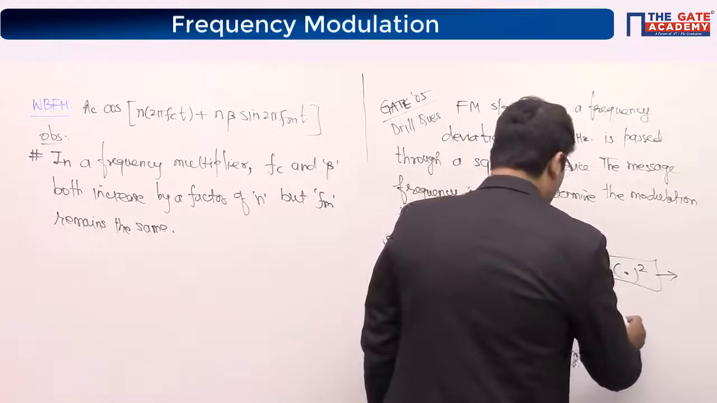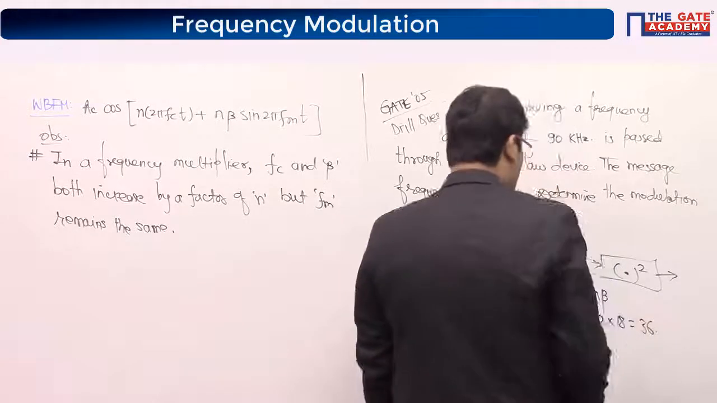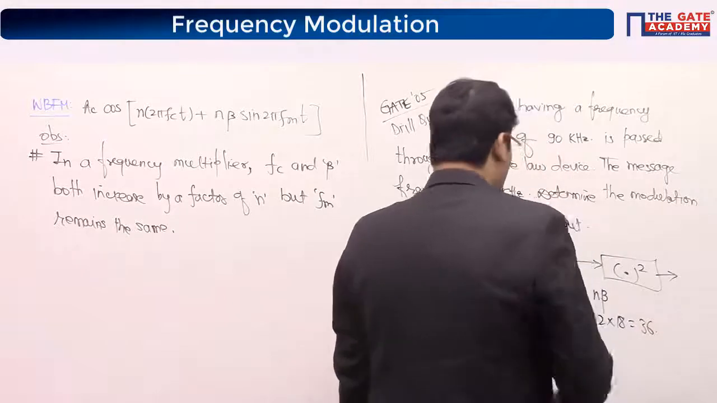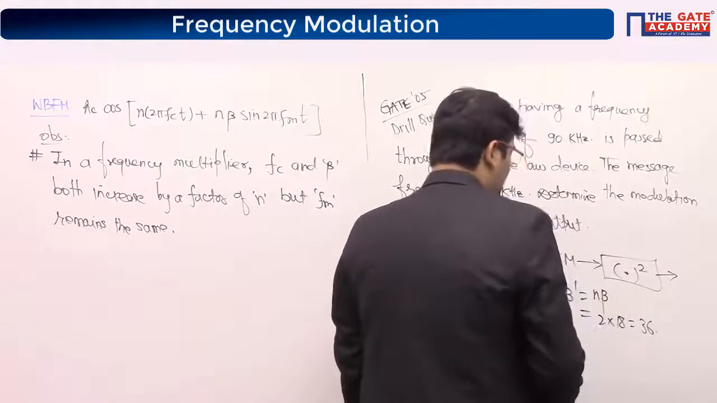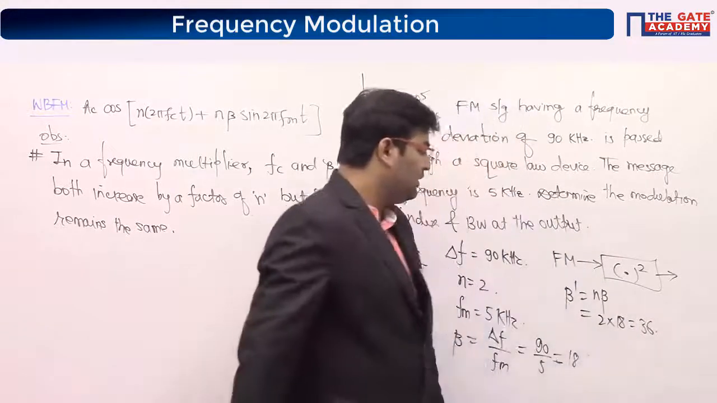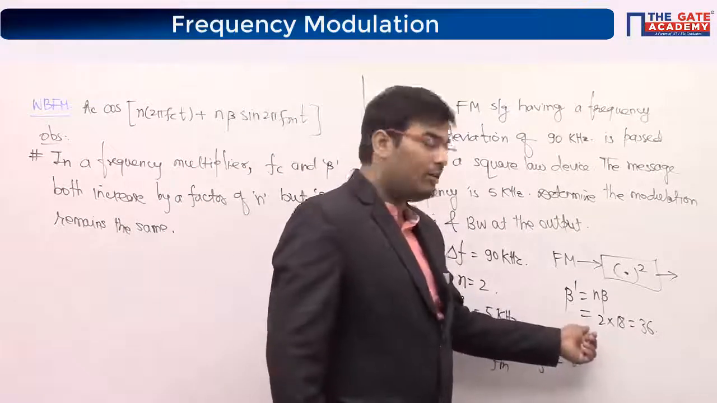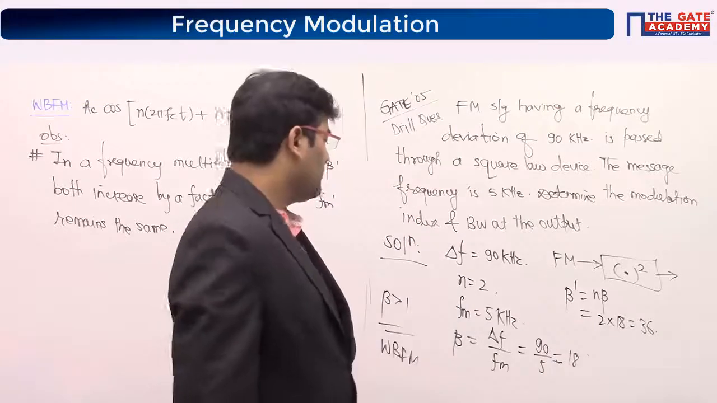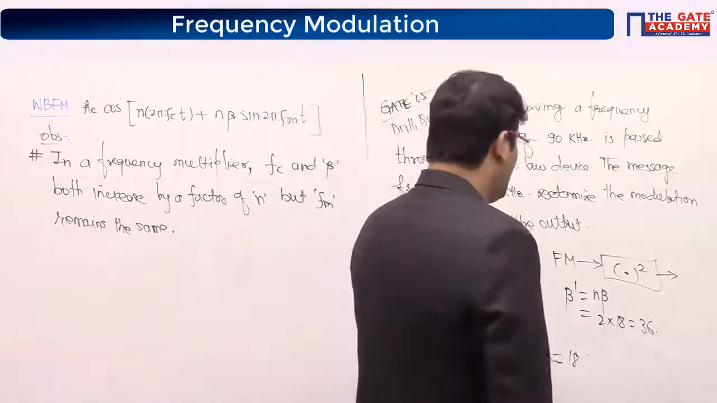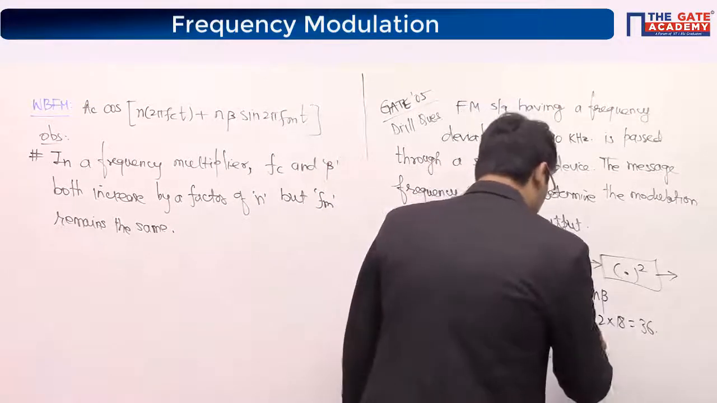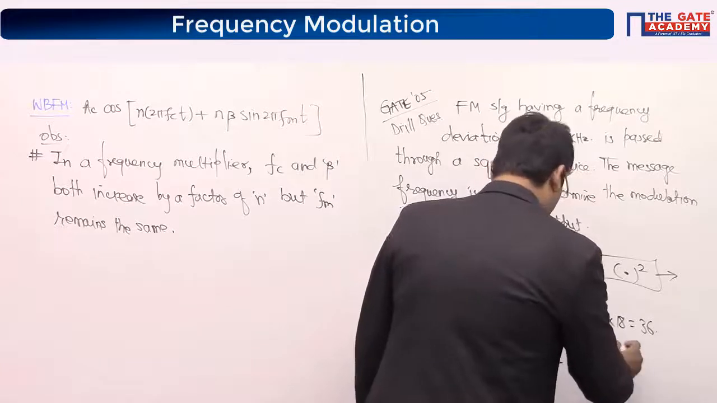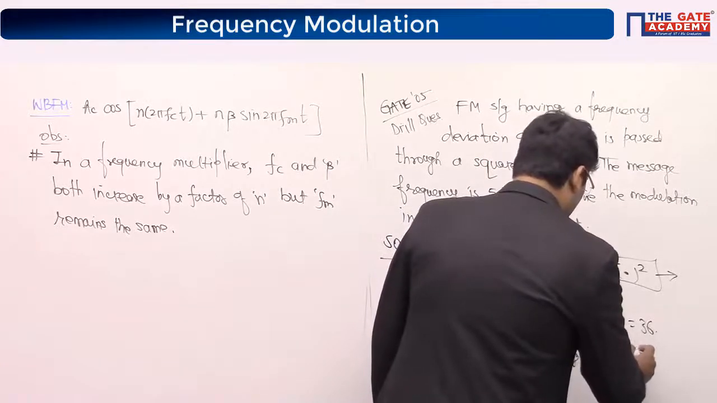2 into 18. That's why a lot of you got 36. And now you can use this to tell me the bandwidth. So the bandwidth will be 2 times (beta plus 1) into FM, right? And FM is how much? 5 kilohertz. So the new bandwidth would be 2 times (beta plus 1)